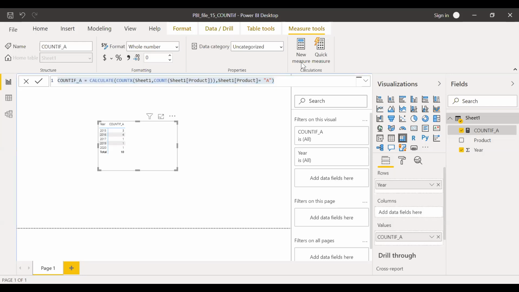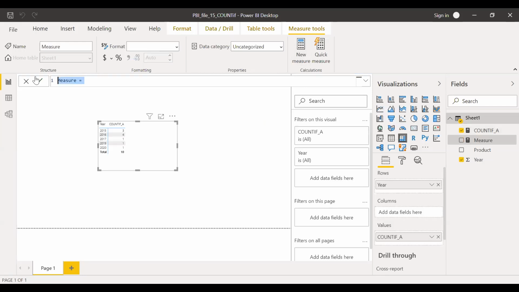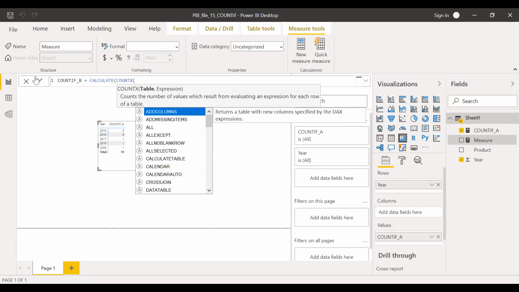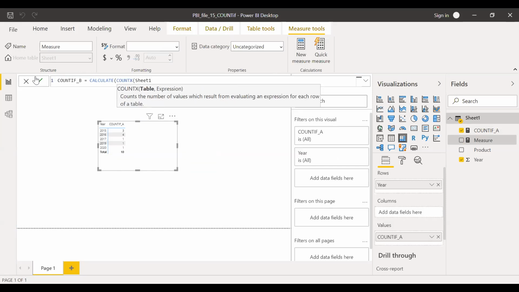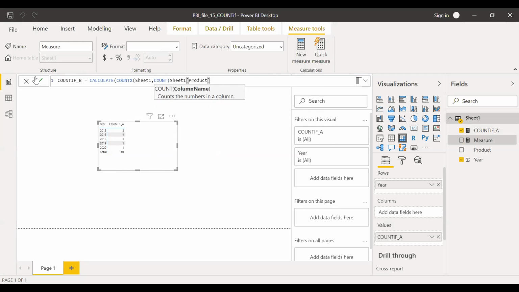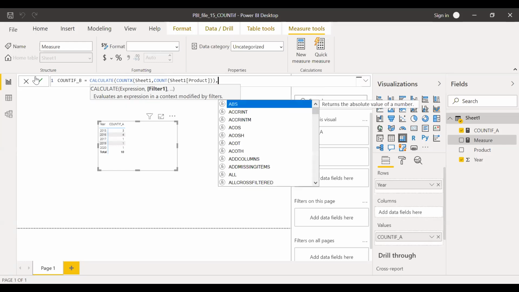So maybe I can show this one more time. Let's create COUNTIF of B equal to CALCULATE. Then I want to use the COUNTX function because the evaluation should happen at a record level. So I'm using the COUNTX, and the table name is Sheet1, and I want to count the product, bracket close, and then I need to filter this by